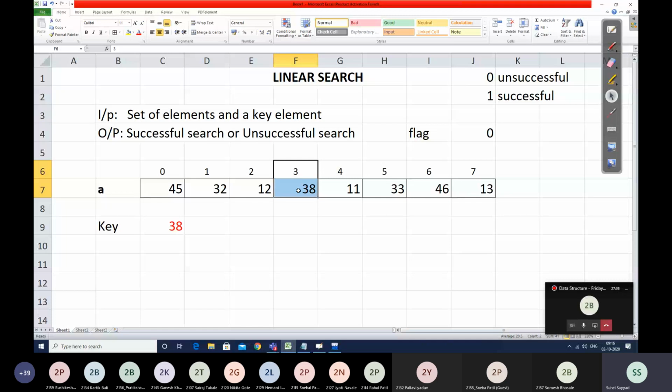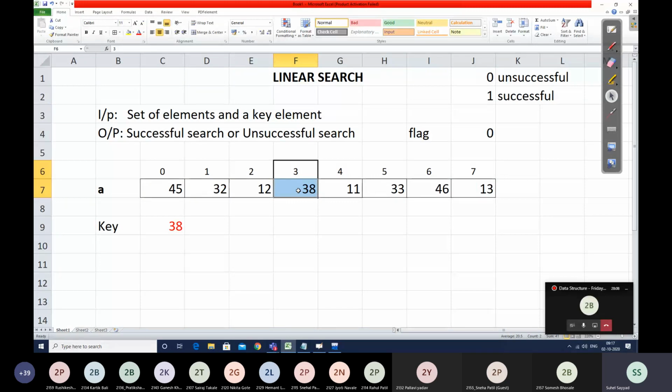But what I need to print in my output? I need to print in my output that the number is found at 4th position, because with respect to the number of elements, we tell the numbers as first number, second number, third number, fourth number, and so on. We don't tell it as 0th number. But in the background, our array indexing is from 0 to n minus 1. So while printing the output, we are going to print I plus 1, so that this 3 plus 1 will be done and we will print a meaningful output to our user telling that the number is found at 4th position, right?